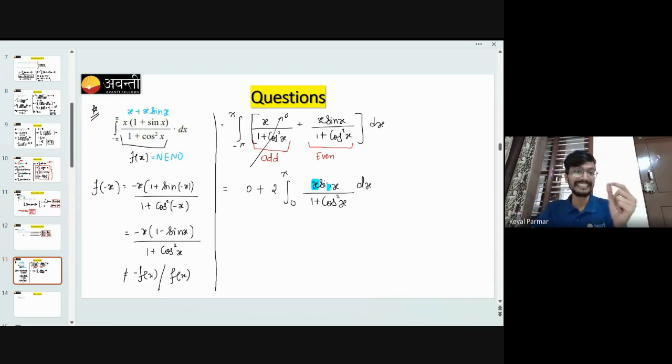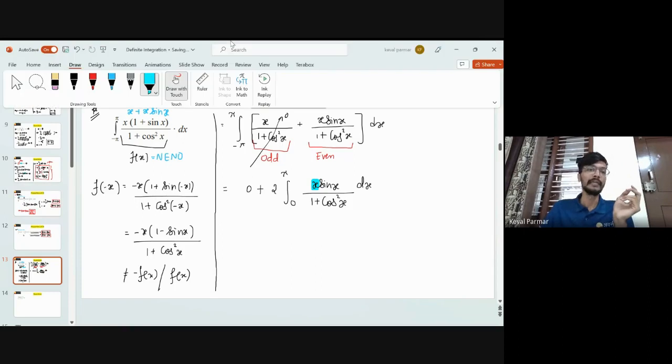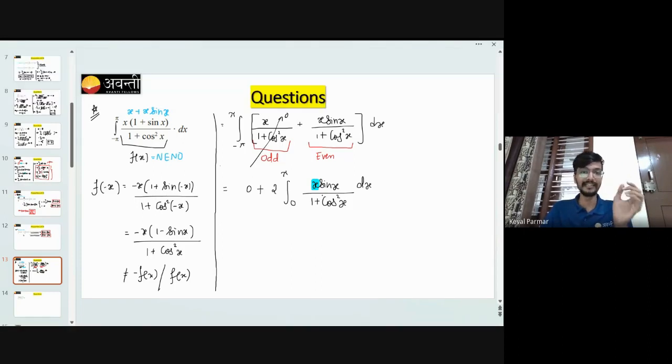But here it is, I cannot integrate it because of x. So this is the type of problem of x. In problem of x, we can get rid of x by using King. So here I'll use King. King says that I can replace x with pi minus x. Let this be I. That means I will be equal to 2 integration 0 to